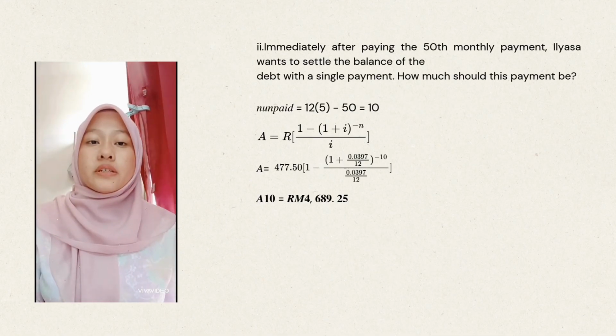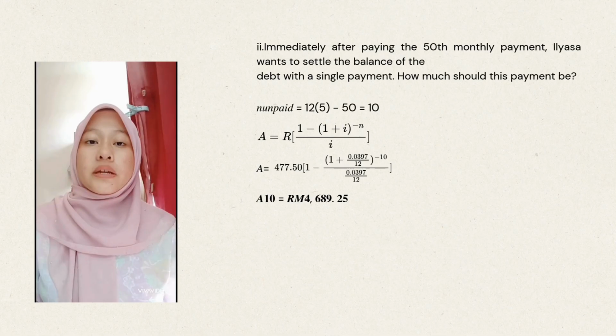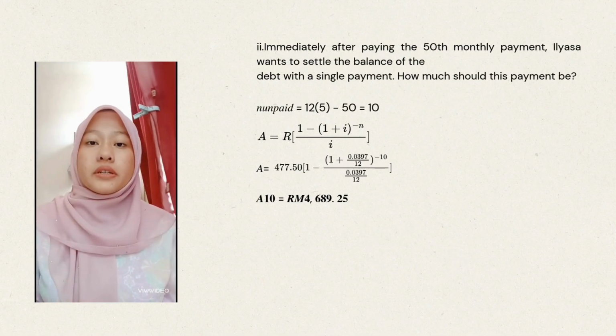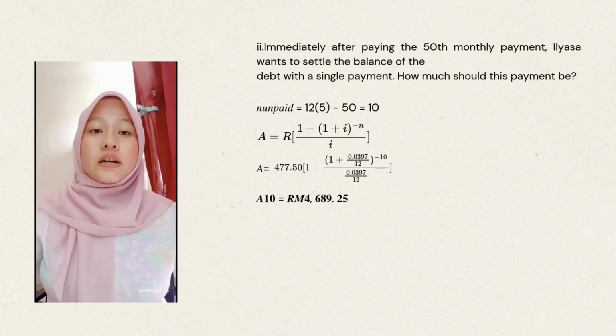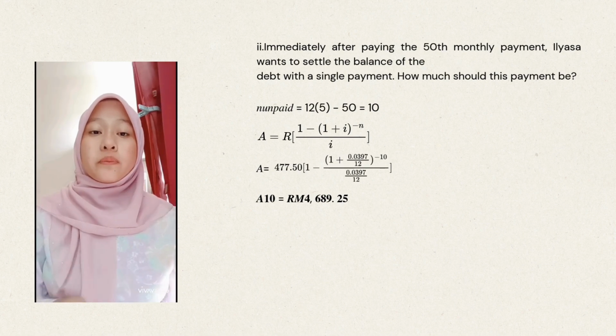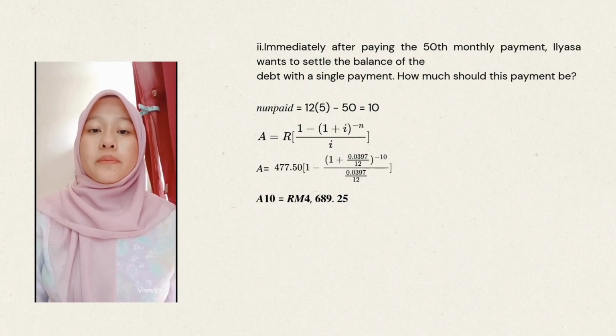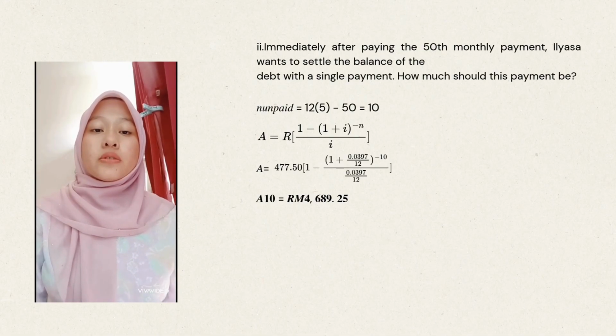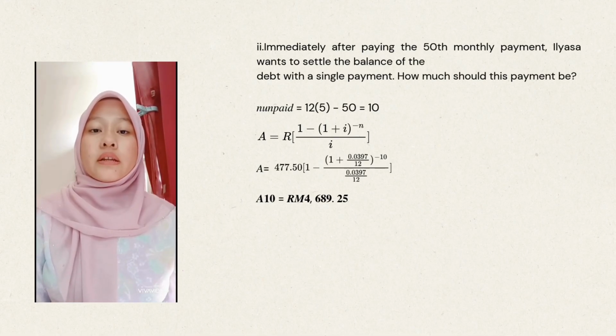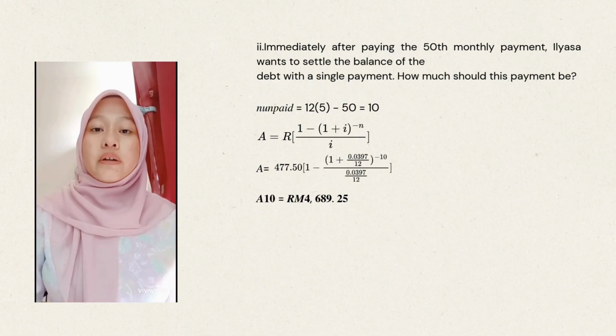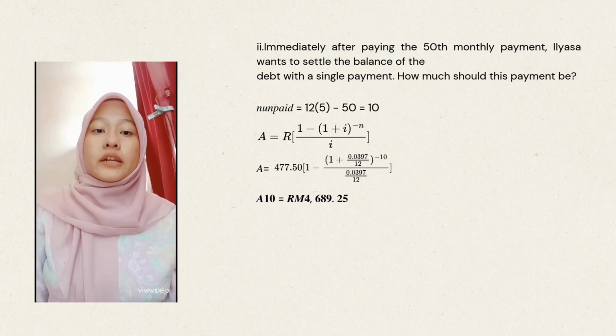Question 2. Immediately after paying the 50th monthly payment, Ilyasa wants to settle the balance of the debt with a single payment. How much should this payment be? Answer. Number paid equal to 12 times 5, negative 50 equal to 10. A equal to R, bracket 1 negative bracket 1 plus I, bracket power negative N, bracket, per I. A equal to 477 and 15 cents, bracket 1 negative bracket 1 plus 0.0397 per 12, bracket power of negative 10,